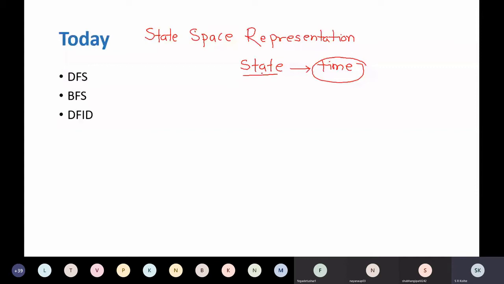Once you have the state representation, it will help you represent your problem on a computer, in the form of a computer program. It may be a user defined or system defined data structure, which will help you directly represent that particular problem situation, which is changing over a period of time, on a computer.